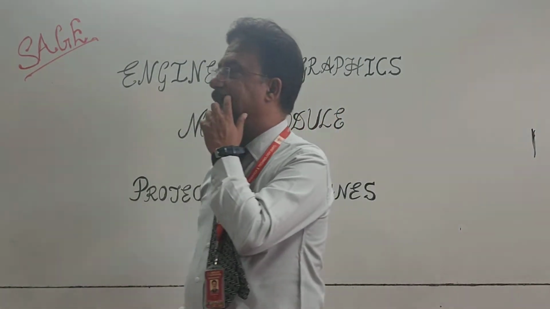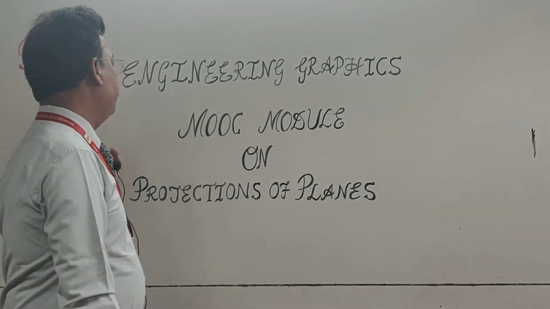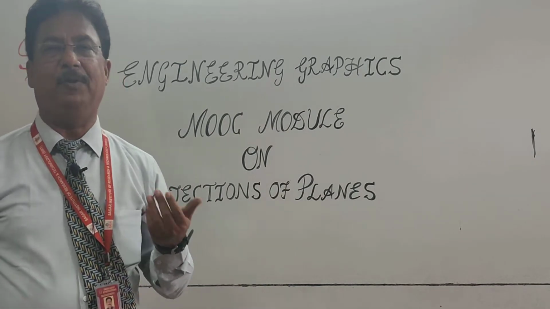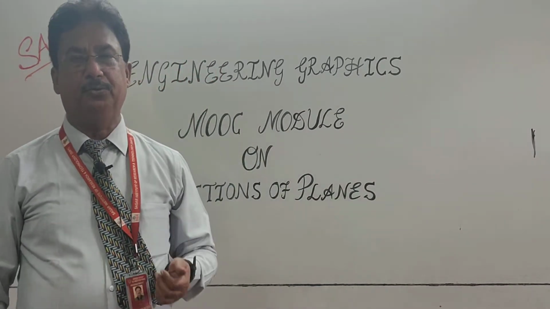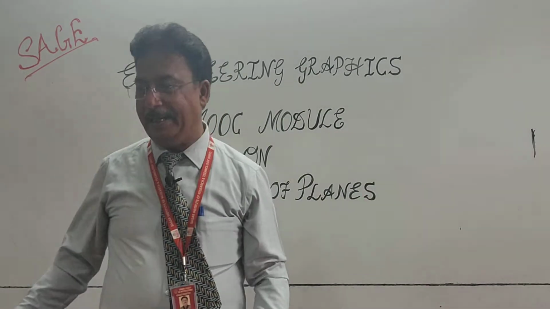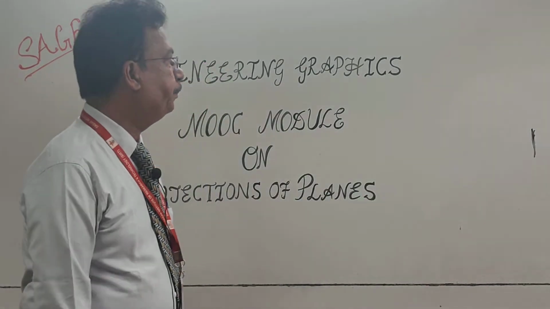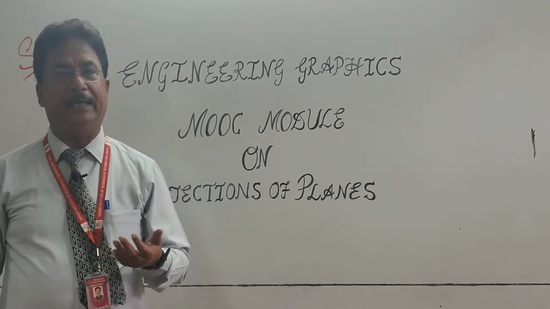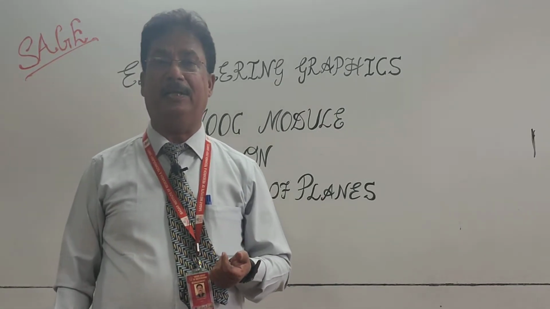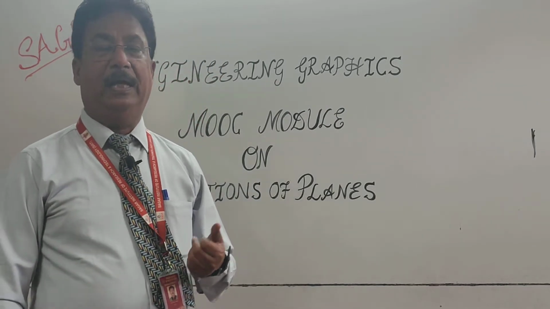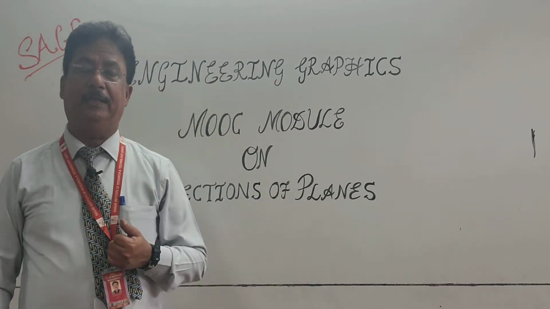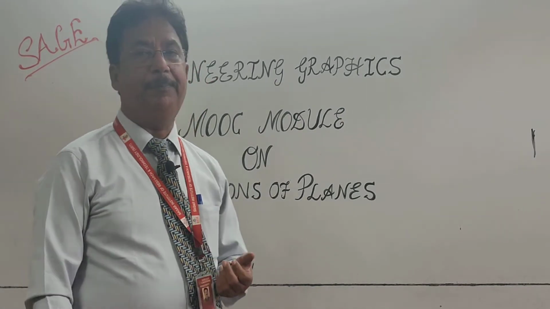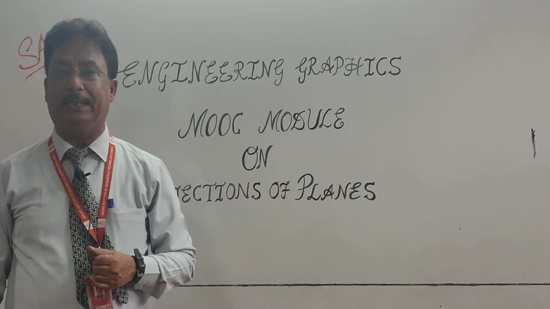The purpose of this topic is that we are going to draw the projections, not just draw the plane, but draw the projection of the planes when the plane is placed with respect to our 2 reference planes, that is this vertical plane and this horizontal plane. In the triangle also, there are different types of triangles. Equilateral triangle, when all the 3 sides are equal, all the angles are same. Another triangle is the isosceles triangle, when the 2 opposite sides are equal, and there will be a base and the perpendicular will be known as the altitude.